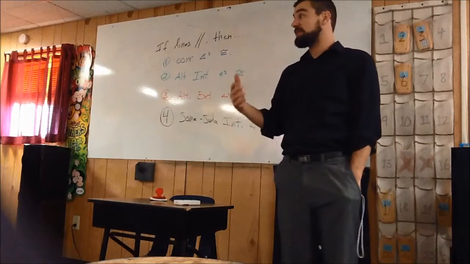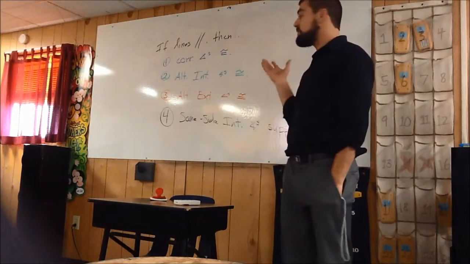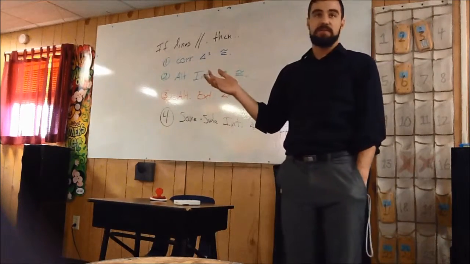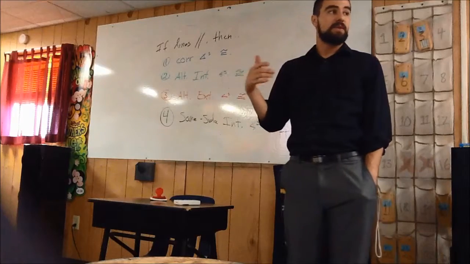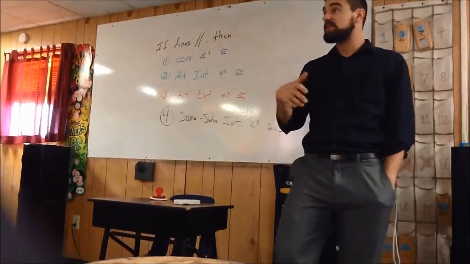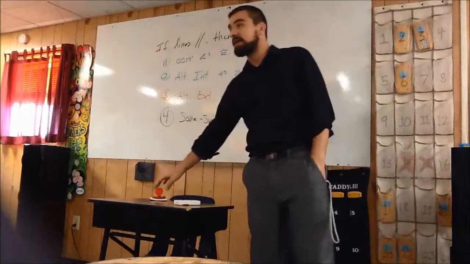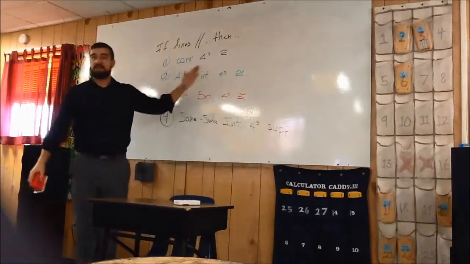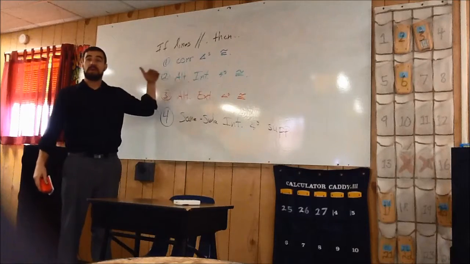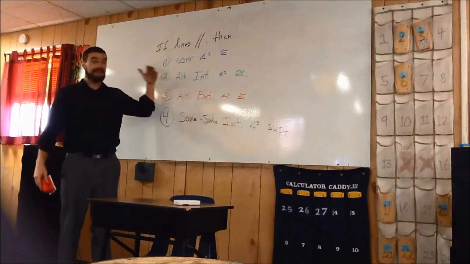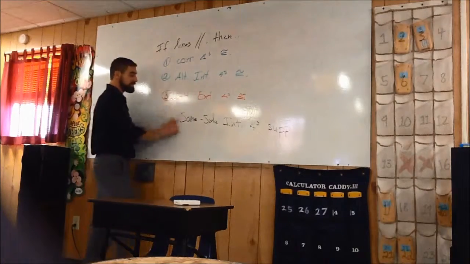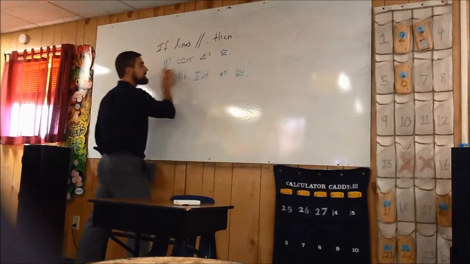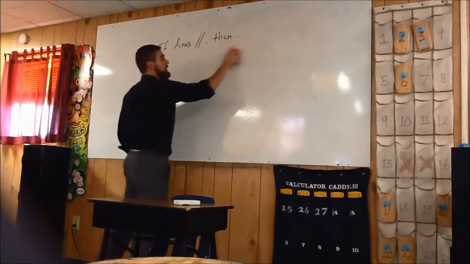Tonight on your homework, you're going to use these theorems to help you solve for different variables and solve for missing angle measurements. So this is 4 different theorems. This is 4 complete, different, separate, if-then statements. So I'm going to go ahead and erase this. But I'm going to keep one